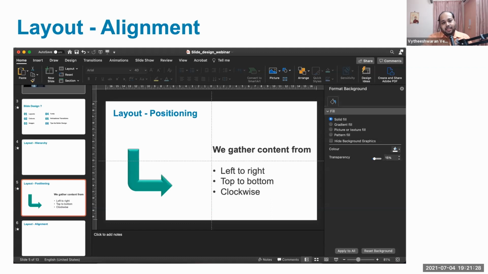For example, this is basically a screenshot from my slide deck. So you can see the symmetry that I have. I have those grids over there. So you can see that these two are aligned and these are aligned. The separation between this particular area and this particular area is the same. So I have broken it down into 4 quadrants, and all 4 quadrants are in alignment with each other. So when you enable your grids and start positioning objects with reference to that grid, you will be able to see an immediate transformation in the quality and the class of your slides.